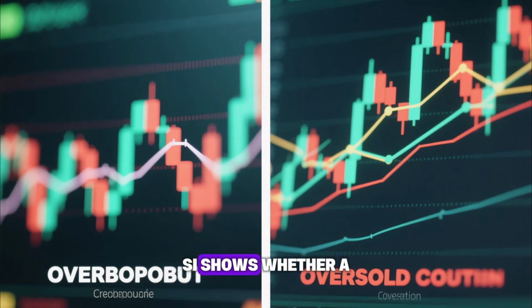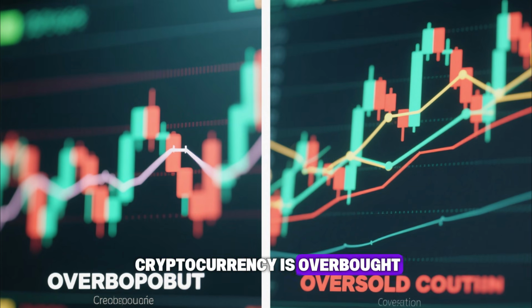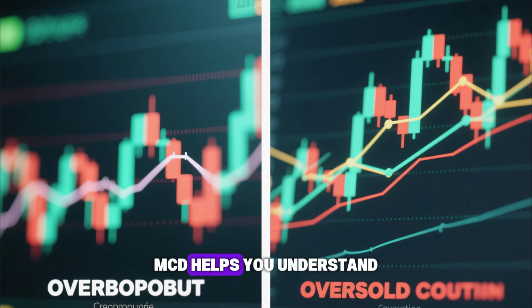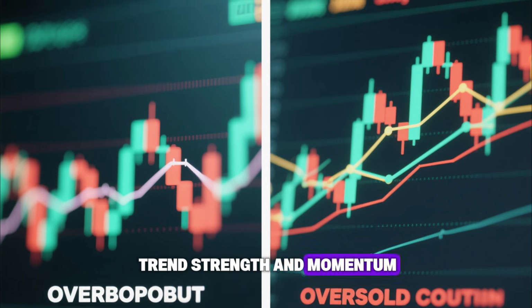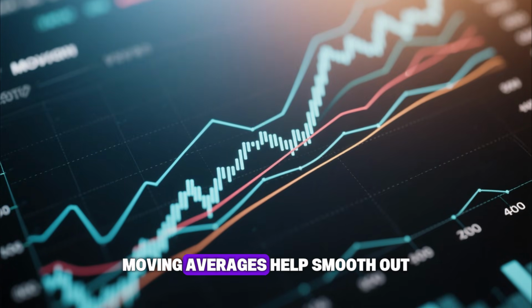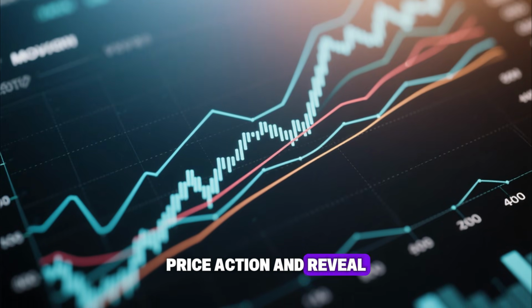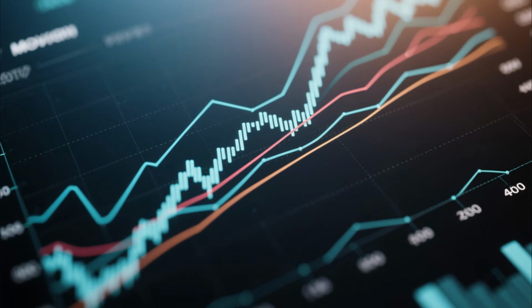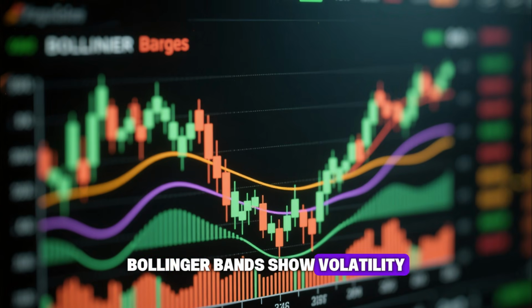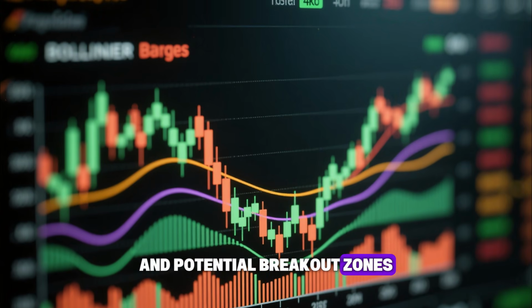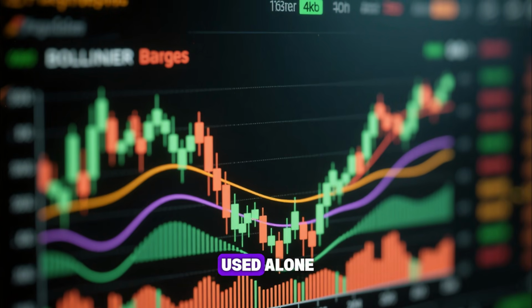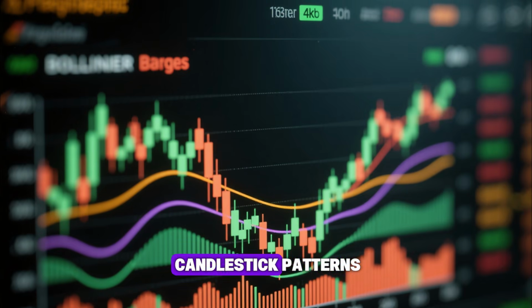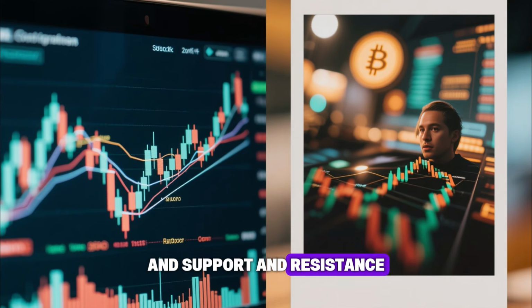RSI shows whether a cryptocurrency is overbought or oversold. MACD helps you understand trend strength and momentum. Moving averages help smooth out price action and reveal the long-term trend direction. Bollinger Bands show volatility and potential breakout zones. Indicators should never be used alone, but when combined with candlestick patterns and support and resistance, they give you a